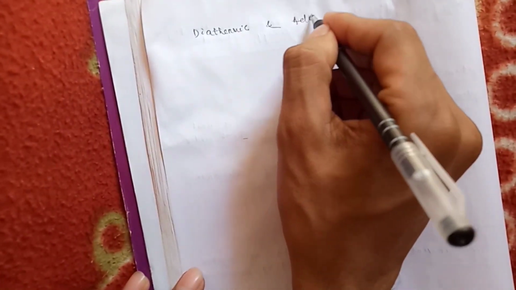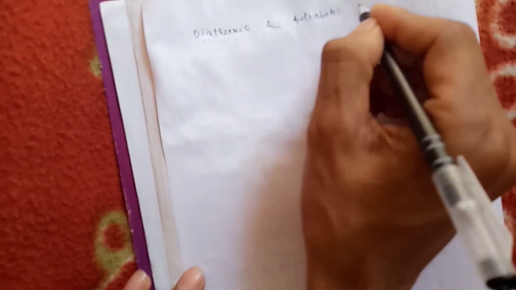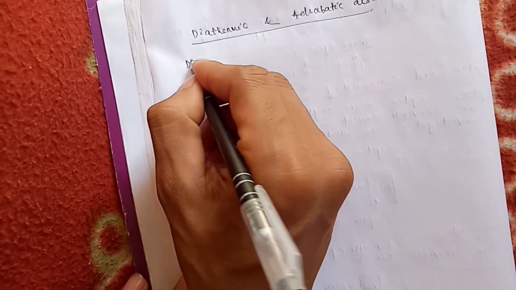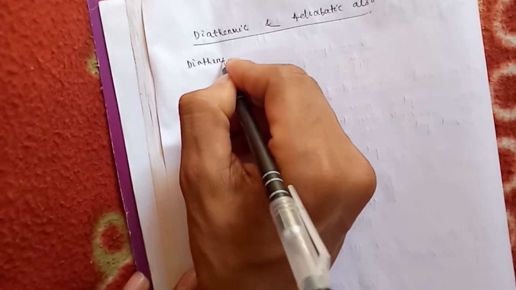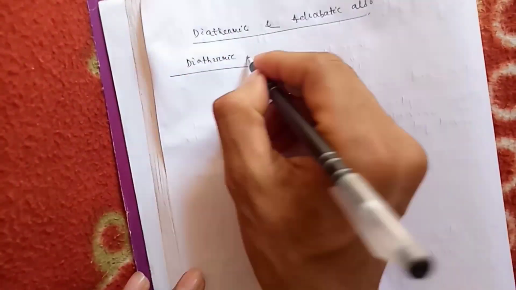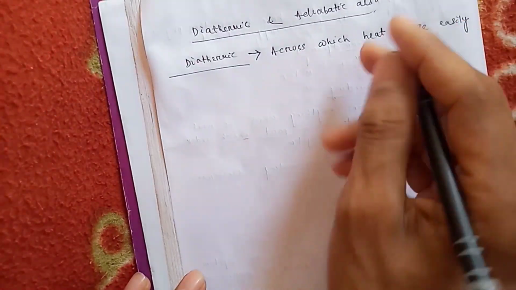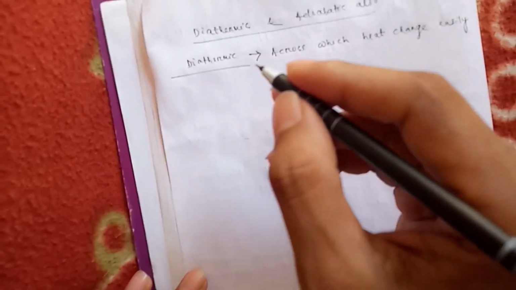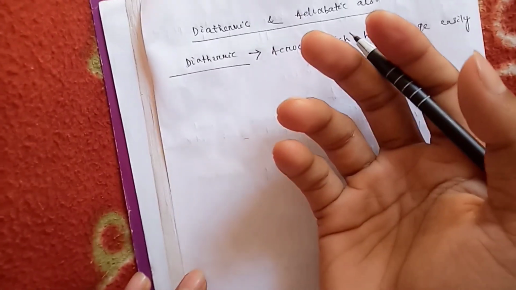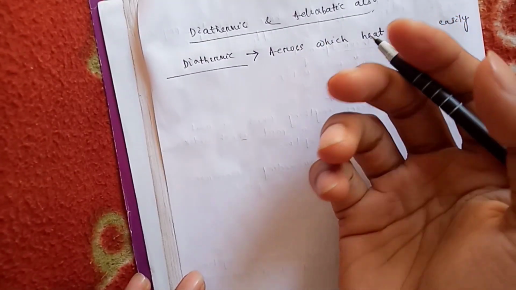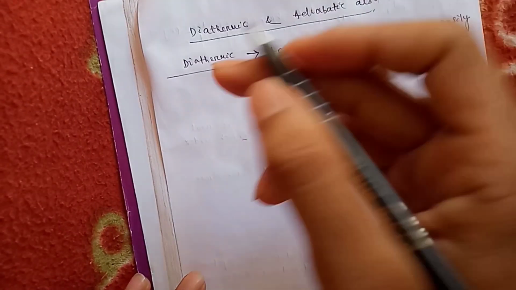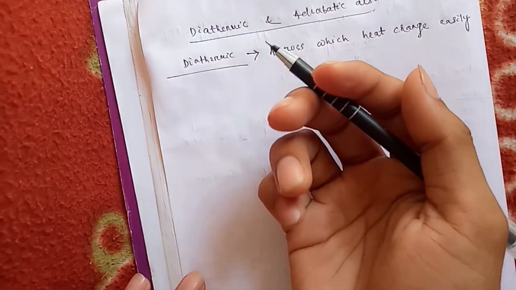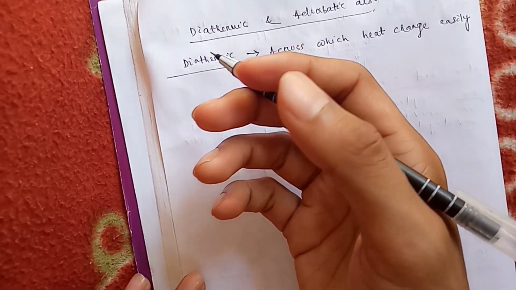Diathermic and adiabatic boundary. अब diathermic क्या होता है? What do you mean by diathermic? So diathermic is the boundary across which heat change is possible easily. तो जैसे मान लो किसी सिस्टम का टेम्परेचर बहुत हाई है और अगल बगल सराउंडिंग का टेम्परेचर बहुत लो है एंड मान लो एक डायथर्मिक बाउंड्री है. डायथर्मिक मीन्स सिंपली कंडक्टिंग. अब सिस्टम का टेम्परेचर ज़्यादा है और अगल बगल सराउंडिंग का टेम्परेचर कम है एंड कंडक्टिंग